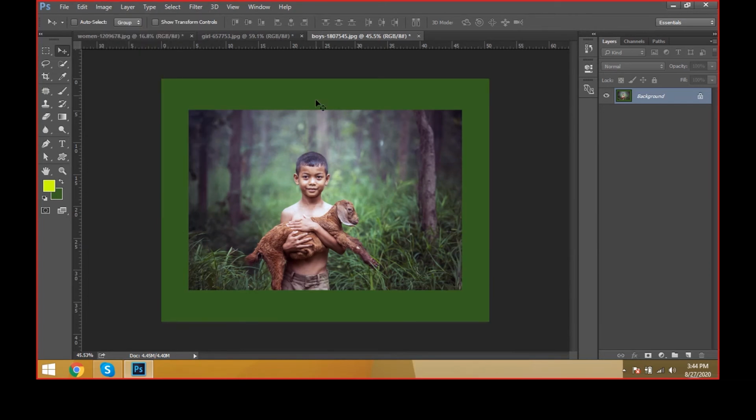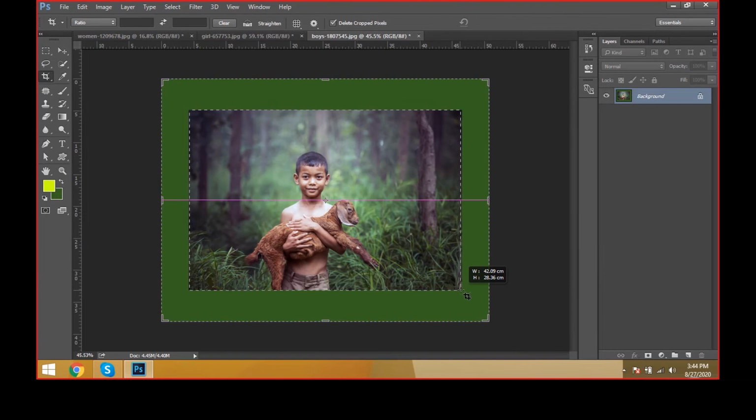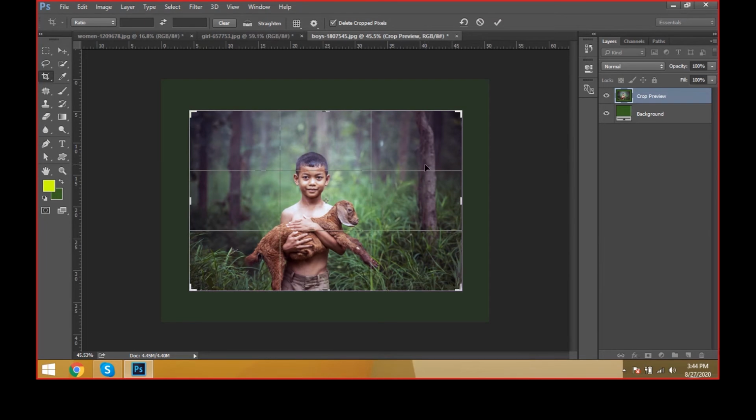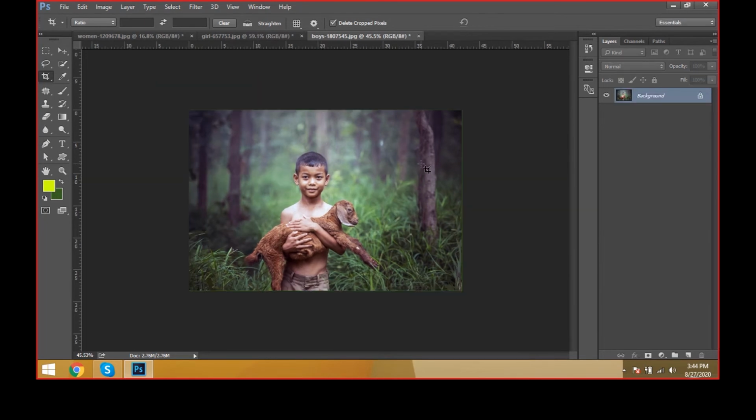Come to the image menu, and we have so much space here. That is the extra space. For extra space, how can we cut it? Using the crop tool, I can take a crop and cut it like this, just drag it and double click on the layer. Like this we can crop the object, like crop the document.